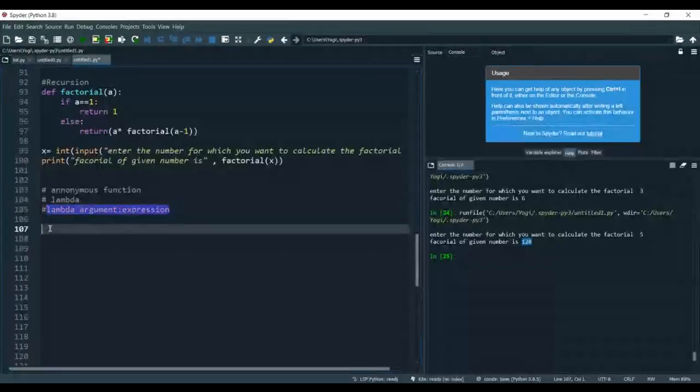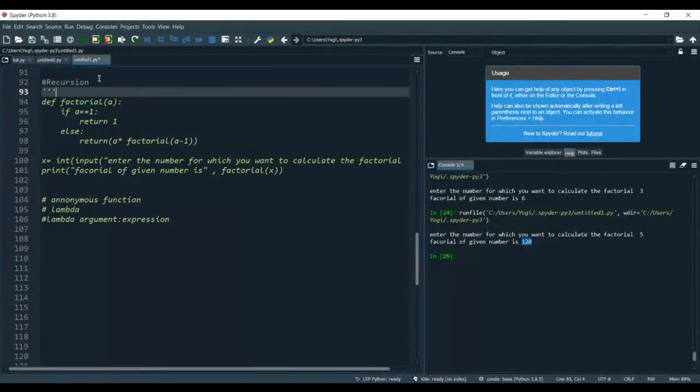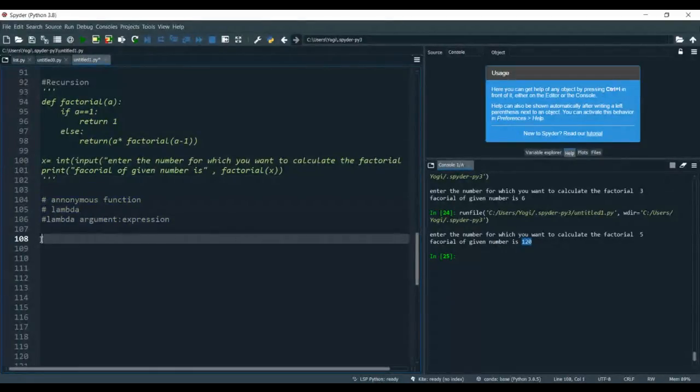First of all, a simple example of lambda. Let me make it. a is equal to lambda x: x into 2.